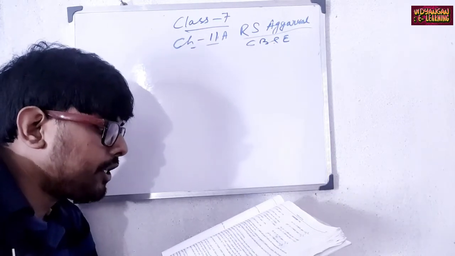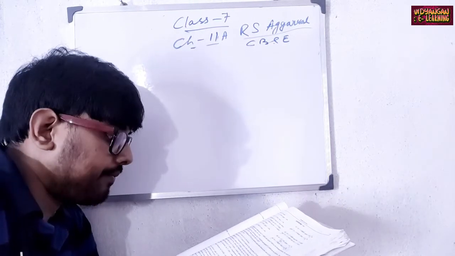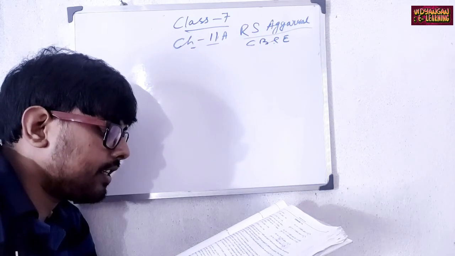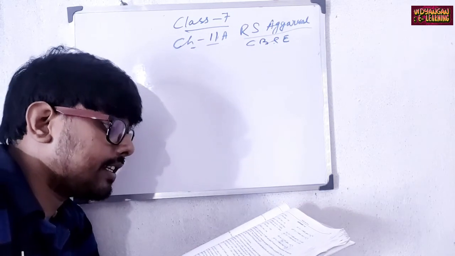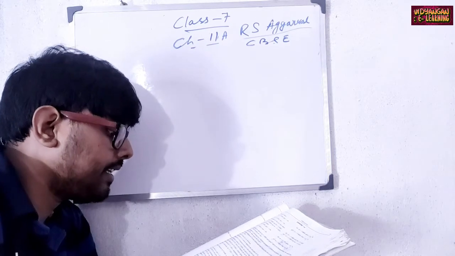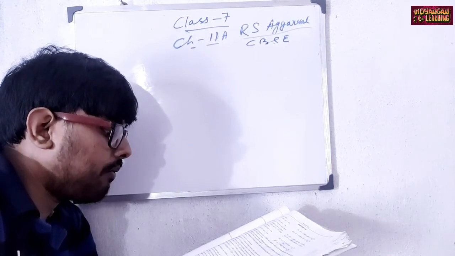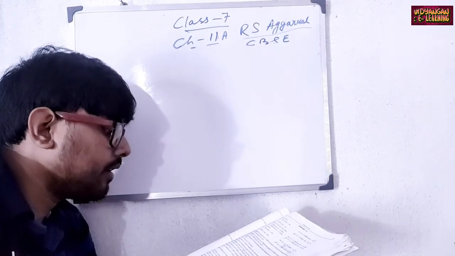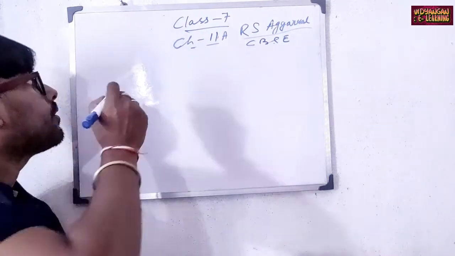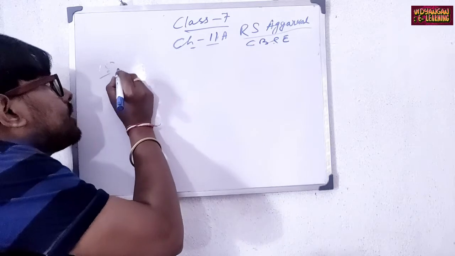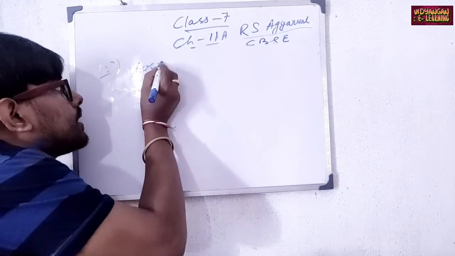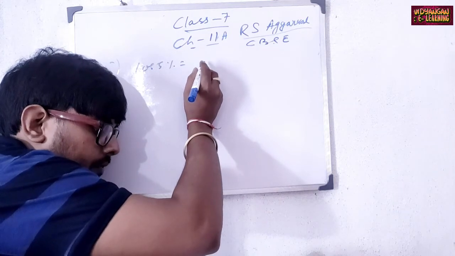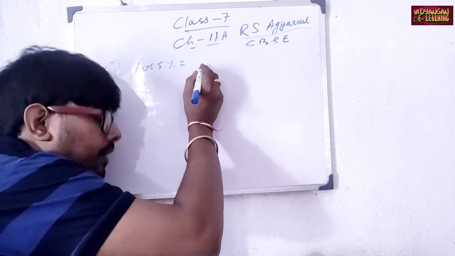Sandeep sold a television at a loss of 8%. If he had sold it for rupees 3,360 more, he would have gained 6%. For how much did Sandeep buy it? Same type of question as 14. Here the loss percent was given first, so loss percent is equal to 8%.